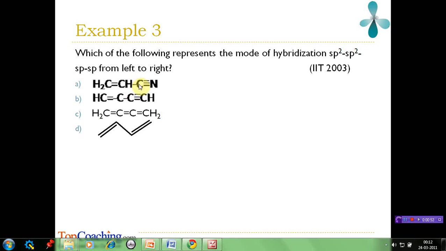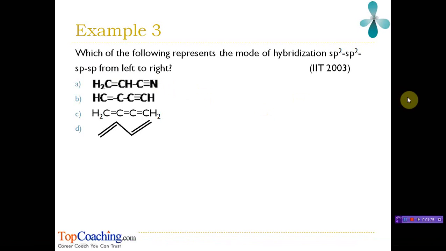Third carbon forms 1 bond with carbon equivalent to 1 pair and a triple bond with nitrogen equivalent to a second pair. So it should also be sp hybridized. The last atom is nitrogen, which forms 1 triple bond equivalent to 1 electron pair. But we must not forget a lone pair of electrons present on nitrogen representing the second electron pair. So it is also sp hybridized. So the correct answer to this question is choice